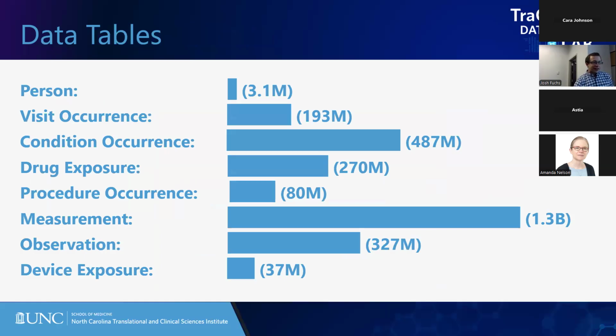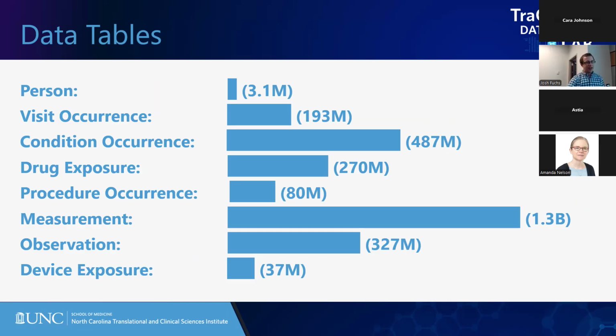So this gives us these tables, this whole process. We end up with about 3.1 million patients in the Ordr database. These are the primary tables that are populated and ordered right now. The person table obviously contains patient level identifiers and characteristics. The visit occurrence table, at 193 million rows, has information about encounters, counts. The condition occurrence table, at 487 million rows, has mostly diagnosis information from encounters and billing diagnoses and problem lists